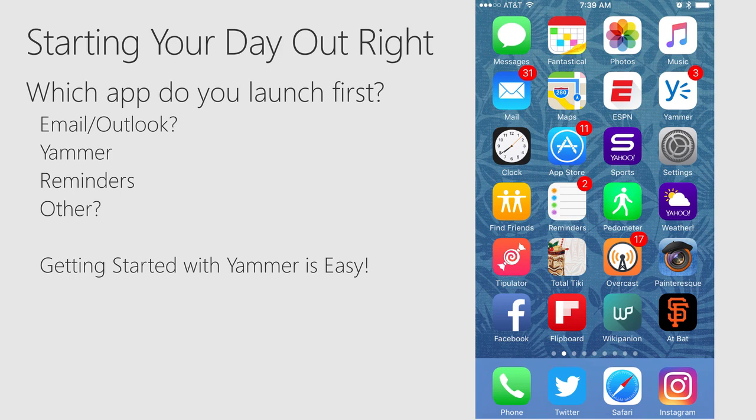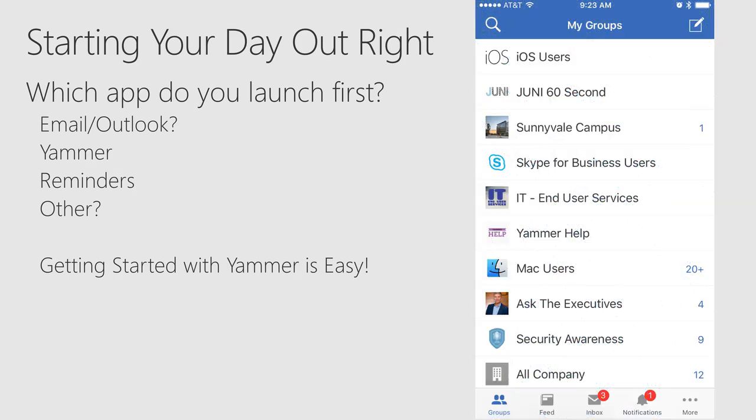And those badges are actually kind of helpful at giving you a sense of what you might be in for. As an example here, three notifications from Yammer probably takes me less time to go through and deal with than 31 emails. That feels like a lot. I'll be stuck in there forever. But I can get some work done, get engaged with Yammer pretty quickly with 3, and be done. So think about ways that you can get in there, get something done quickly, right away in the morning, and make yourself look great in your community.